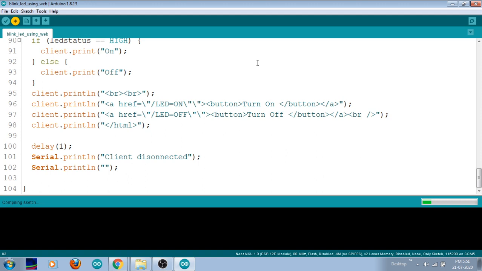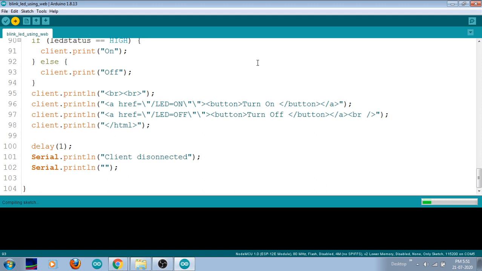Now you can see the output. Whenever I open this browser, I get a communication in my serial monitor saying a new client is available. The client has been started, and it will be disconnected after a few seconds. Now if I click on turn on, it automatically identifies and gives you the request from my server.